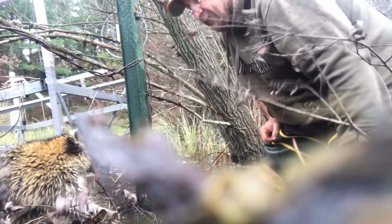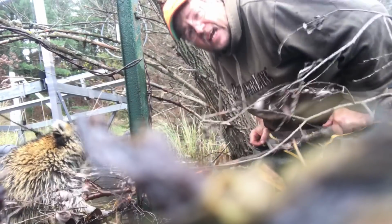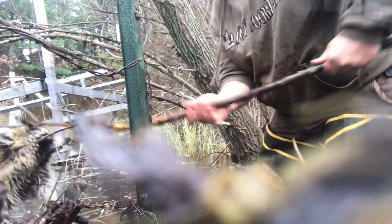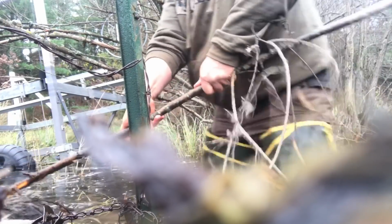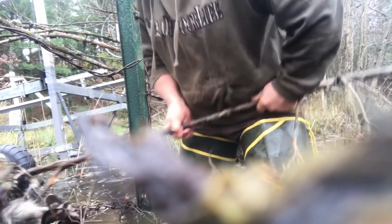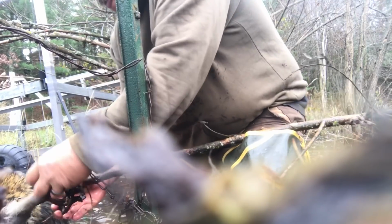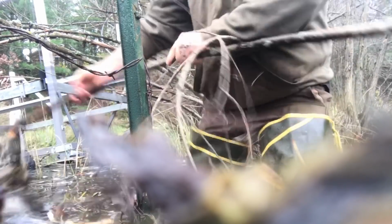All right, we got to do a live release on this bad boy, and I don't have a catch pole with me, so we got to do what Mother Nature gives us. We'll find a V-stick and we'll push him back. And then